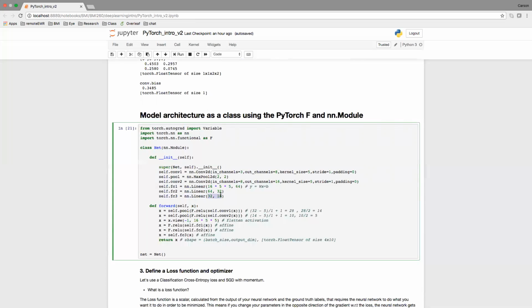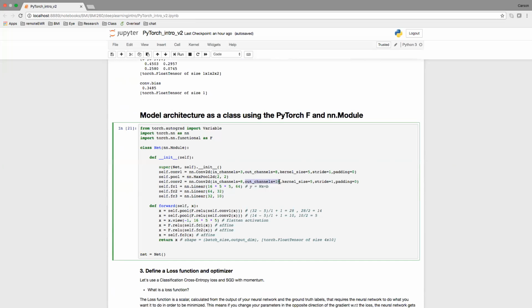So essentially, this will initialize for me a random 10 by 32 matrix. And this will randomly initialize a 32 by 64 matrix, and this will randomly initialize a 64 times whatever this number is matrix. The reason why is I'm anticipating that. So if you look at this 16, the output here will have 16 channels,